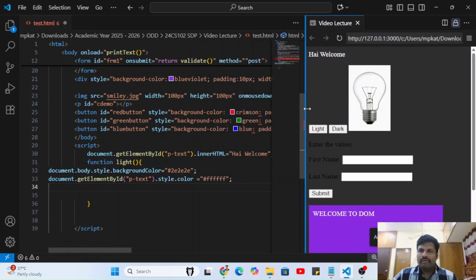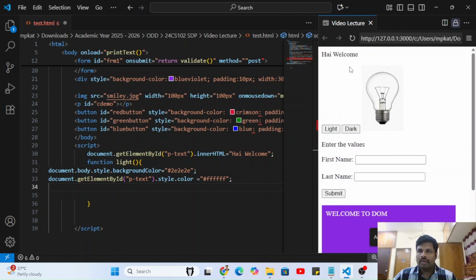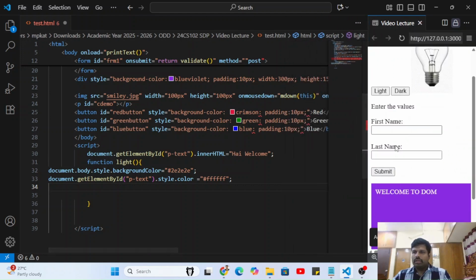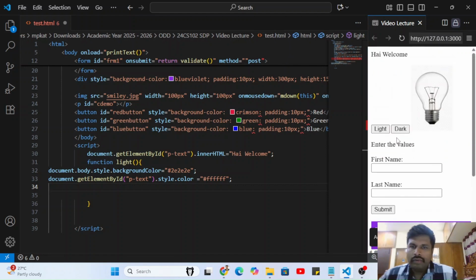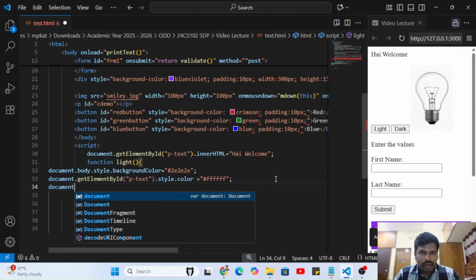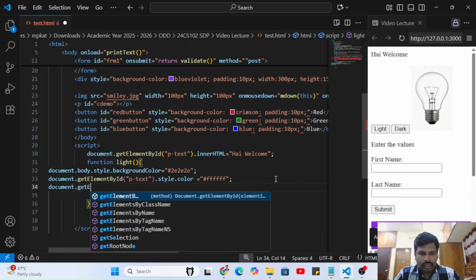For light color, I have given the color. So you can see we are getting the output for that. Okay, and next one will be, we want to mention what mode we are in. Okay, so document get